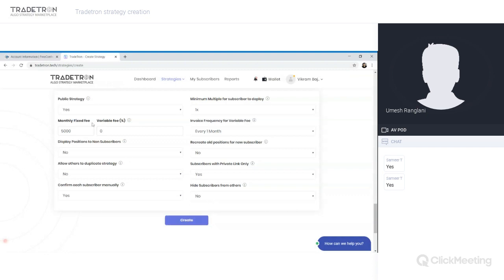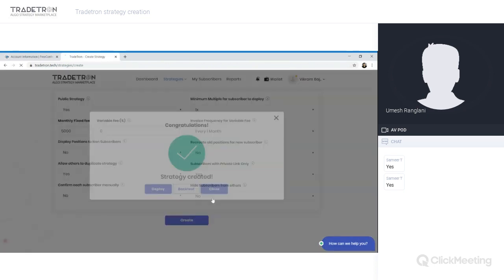For now, I'll make this strategy public with a private link, yes, and I'll allow you all to duplicate this strategy, and I'll share the link with you on chat.